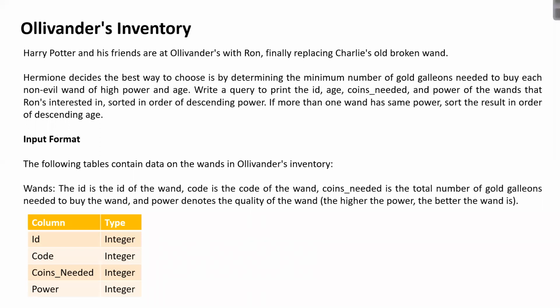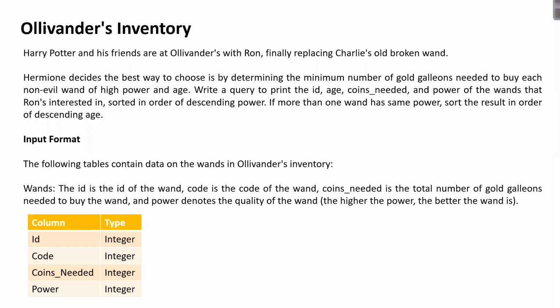Harry Potter and his friends are at Ollivander's with Ron, finally replacing Charlie's old broken wand. Hermione decides the best way to choose is by determining the minimum number of gold galleons needed to buy each non-evil wand of high power and age.